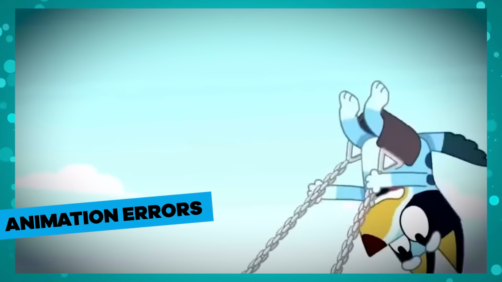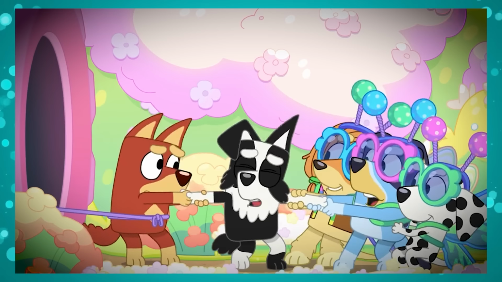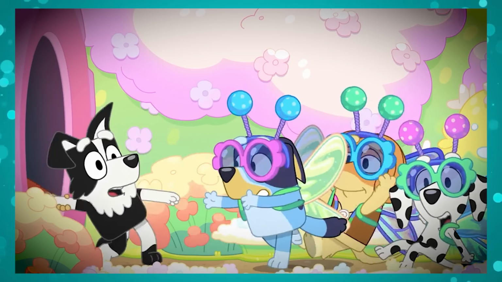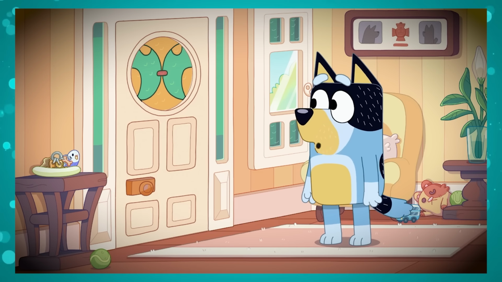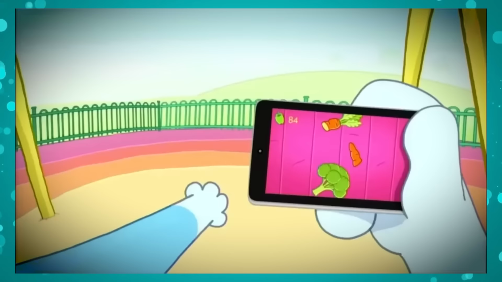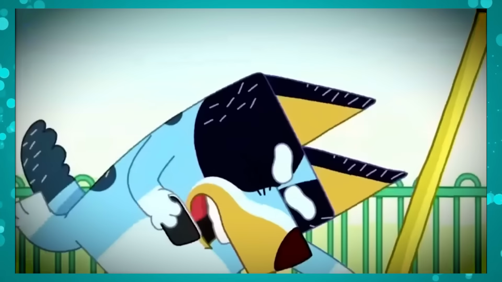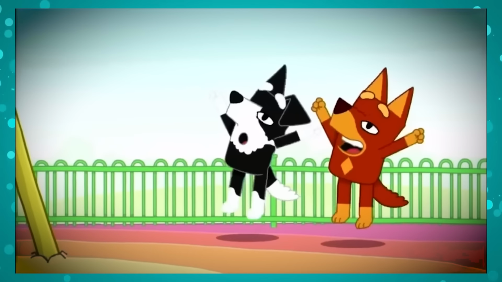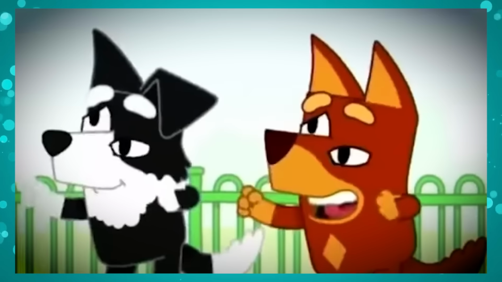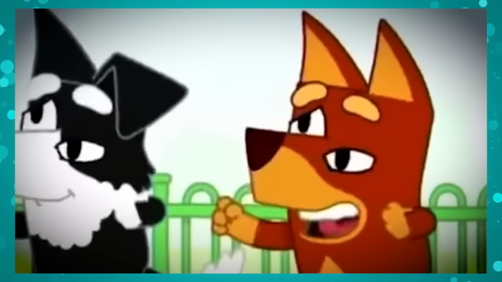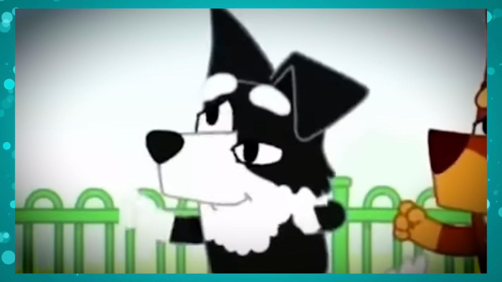There are two animation errors in the 2016 pilot that, if they were part of an official episode, would certainly make the list of Bluey bloopers. Let's take a closer look at the two little dog characters who appear. Both errors happen in quick succession. When Bandit pushes Bluey so hard on a swing that she goes all the way around, Rusty and McKenzie jump excitedly to celebrate, but their eyes seem to stay behind, resulting in a very strange look.